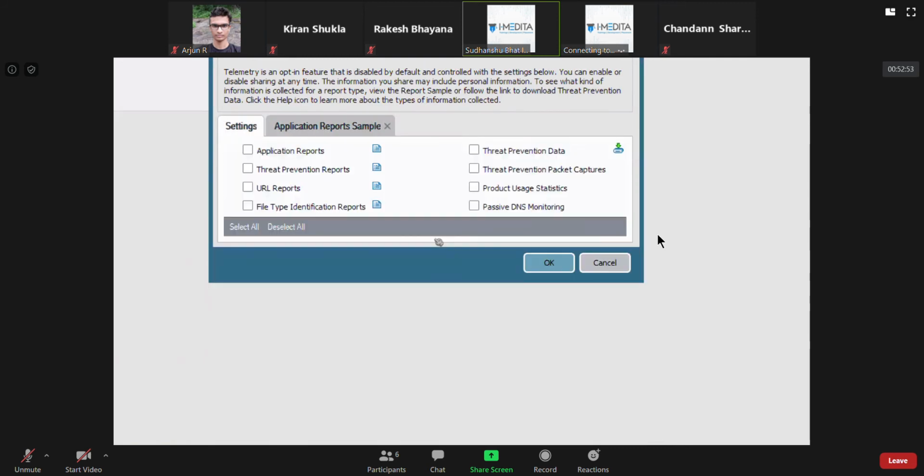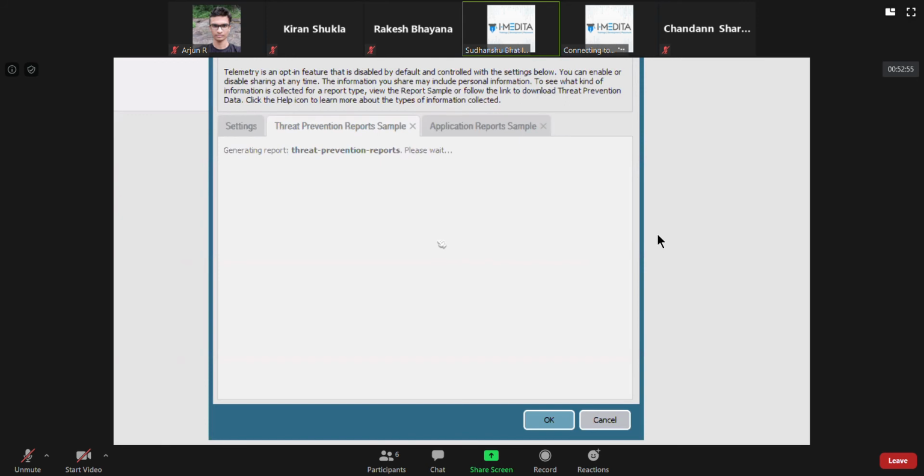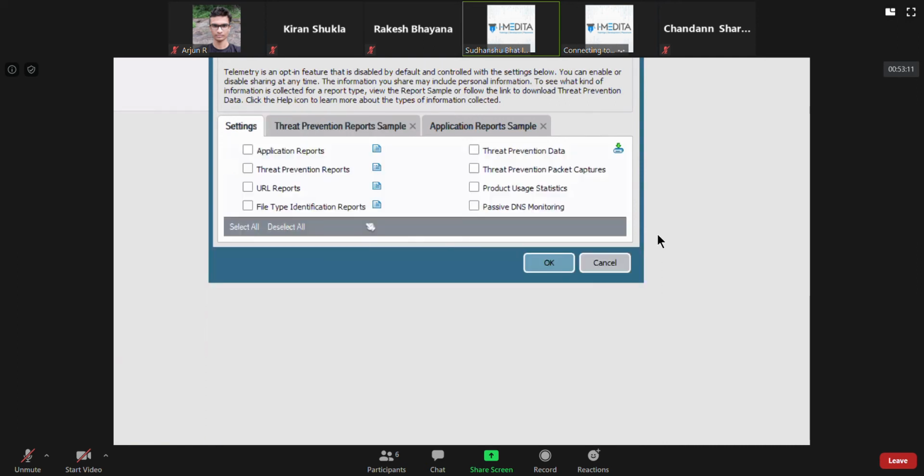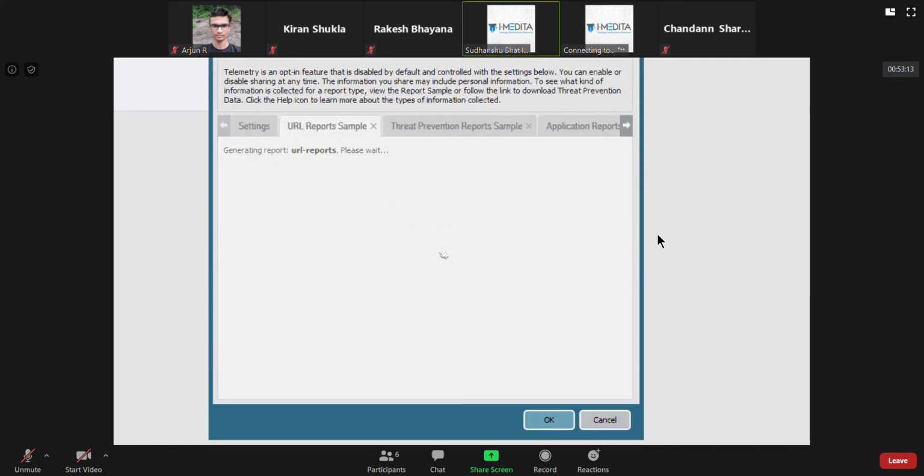And if you look at the threat prevention report again, they just share this thing, so there's nothing much to directly identify a customer here. Same for URL. I don't think we will have much in URL reports because we have not yet enabled that.